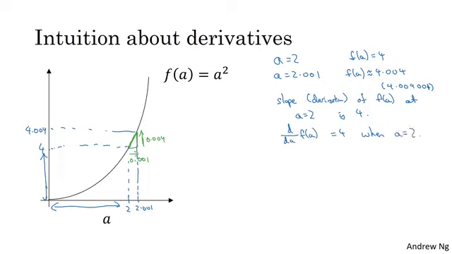Now, one thing about this function, f of a equals a squared, is that the slope is different for different values of a. This is different than the example we saw on the previous slide. So let's look at a different point. If a is equal to 5, instead of a equals 2, then a squared is equal to 25. So that's f of a. If I nudge a to the right again, a tiny little nudge, so now a is 5.001, then f of a will be approximately